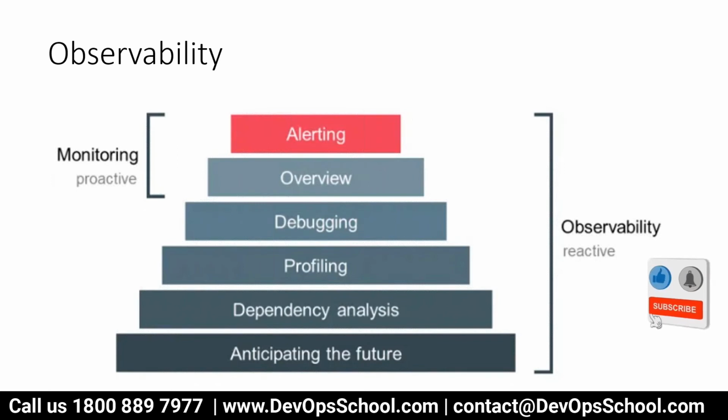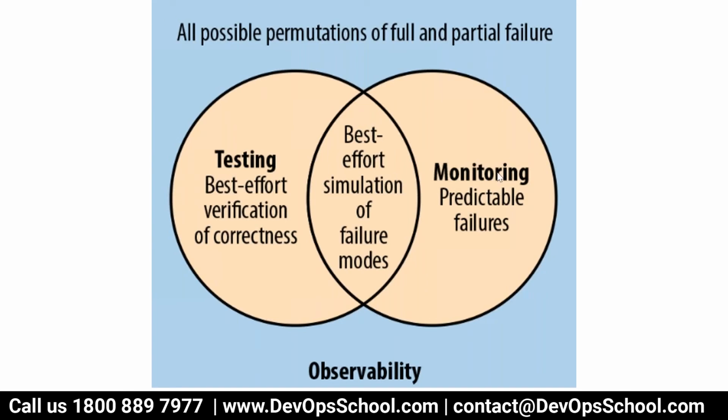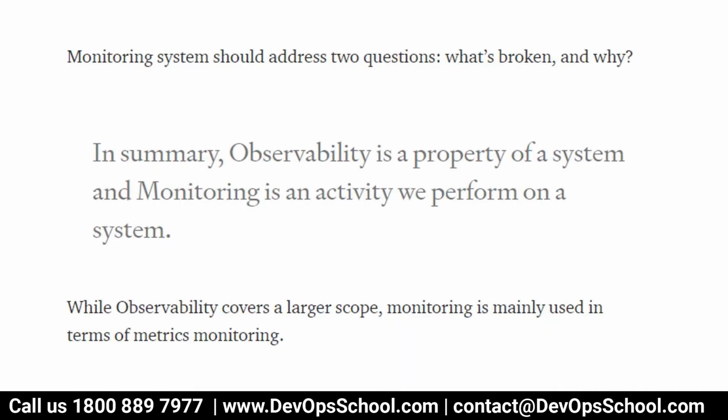Monitoring is proactive, whereas observability is reactive. So what do we do to set up observability properly? Yes, you have to work on testing and on monitoring, and combine the best-effort verification of correctness with monitoring of predictable failures, and then come up with a best-effort simulation of the failure modes. That is called observability. A monitoring system should address two questions: what's broken and why it's broken, whereas observability covers